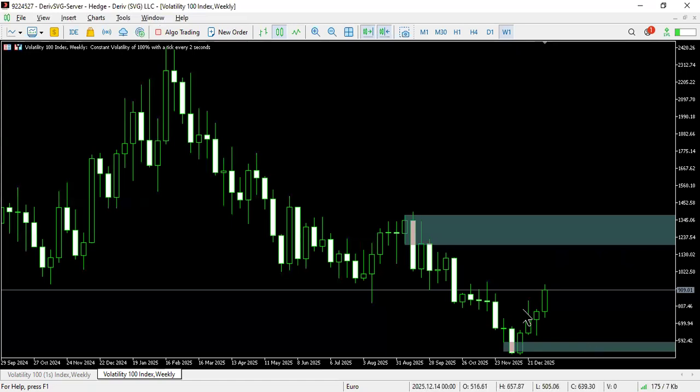So our buyers from the weekly time frame, we can see that we are in a bullish trend as we are pushing from this demand zone headed to the supply zone. So this week, we are still looking for buying opportunities to the upside. And then if we go to